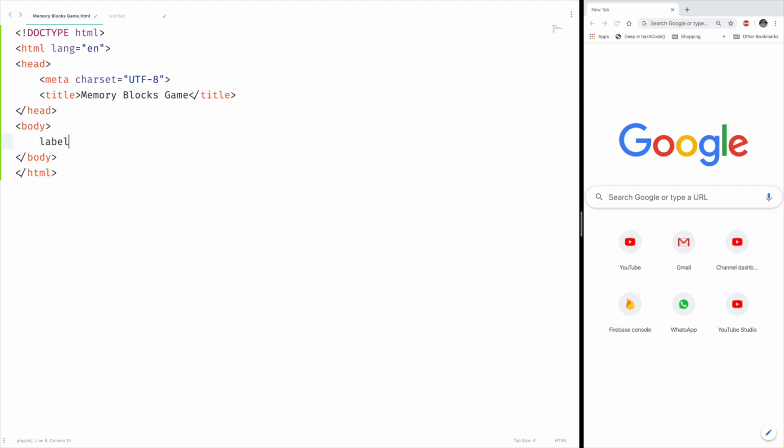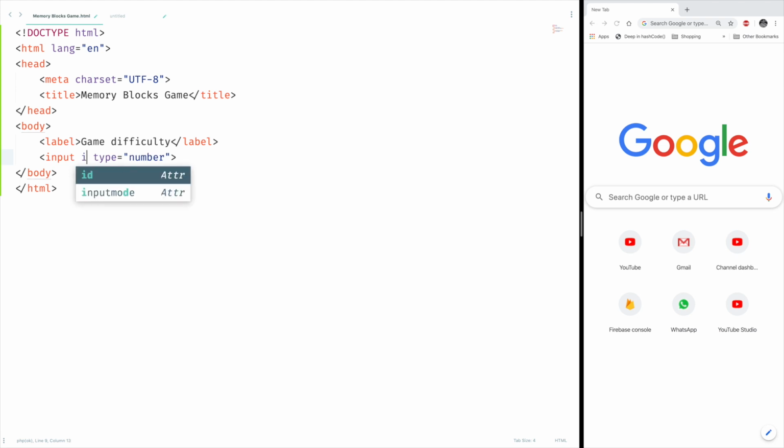Let's have a label, game difficulty, and the input field. Maybe we can change it to a number, ID as difficulty, and the default value as 4, which means 4 cross 4 blocks, that is 16. So 16 blocks will be created, 8 images for 16 blocks, since we are going to show every image twice in random places. Let's add one more label here